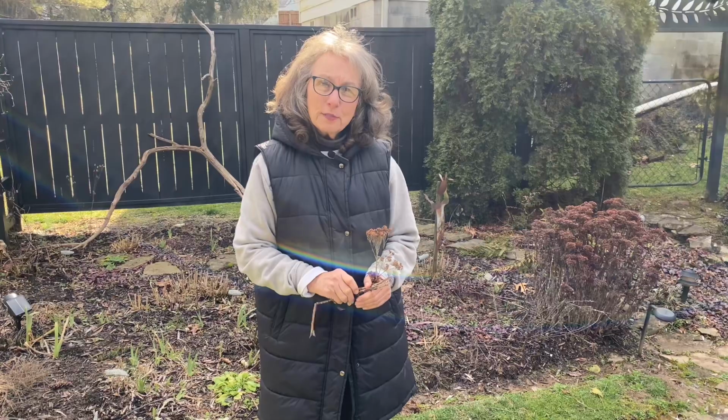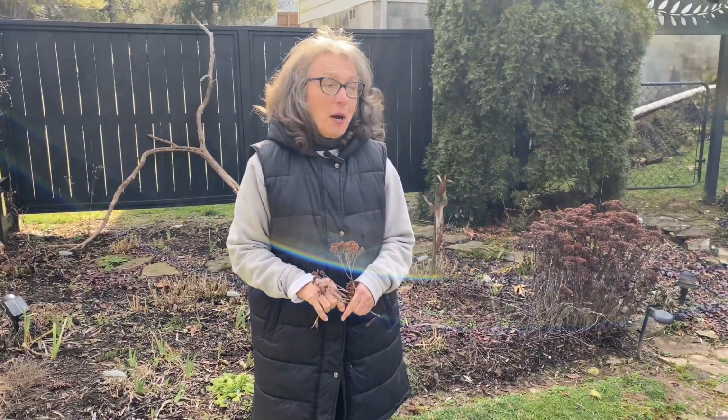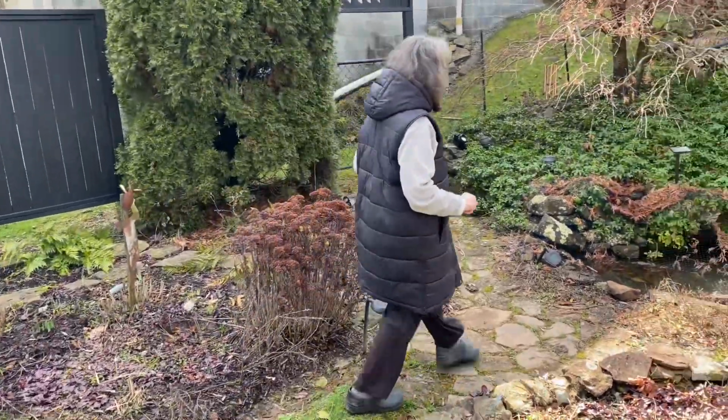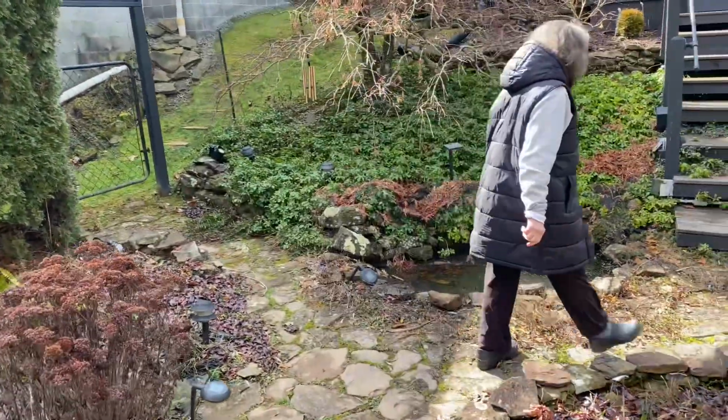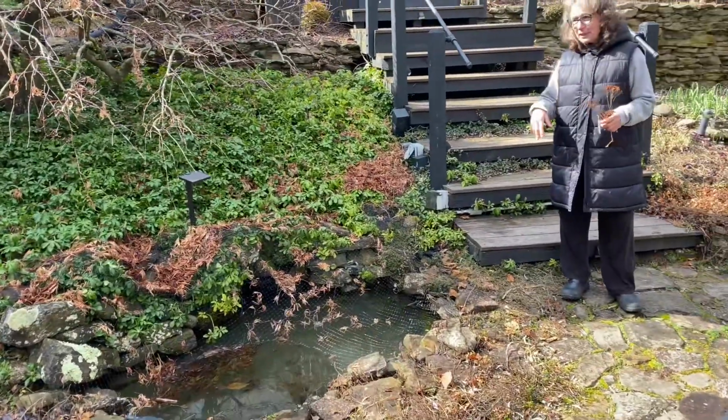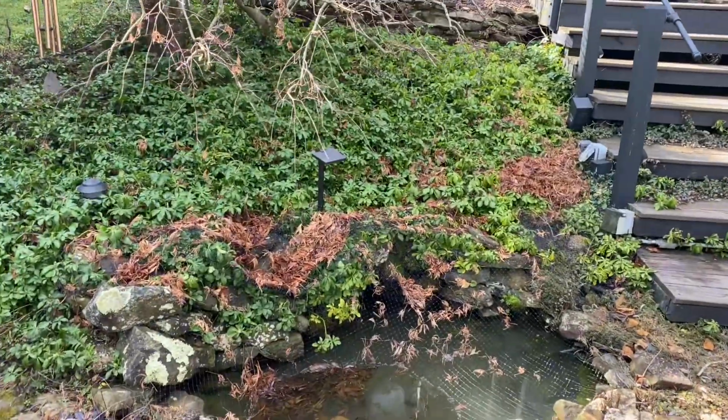That's going to be wonderful. That's a big time in the garden. But anyhow, I will uncover the pond probably the day that I do the cleanup in the garden, cut back some ferns. Here's another